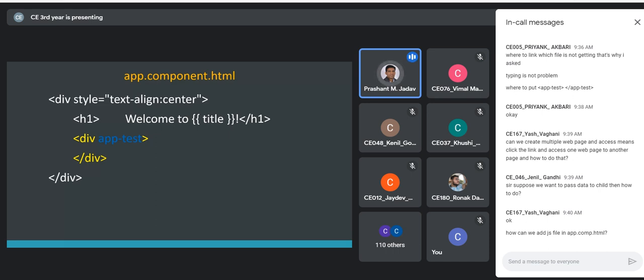It is our custom attribute. So in Angular, we can create custom attributes, custom classes, and custom elements. We can extend the HTML. Standard HTML can be extended. We can create our own custom tag using the element selector.